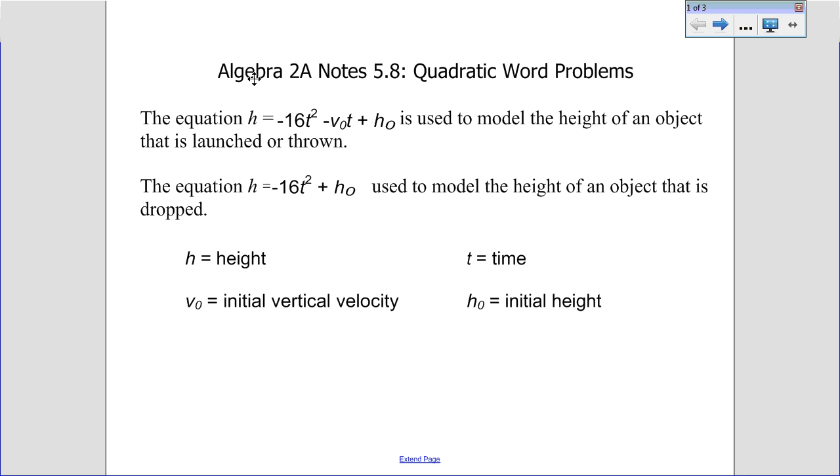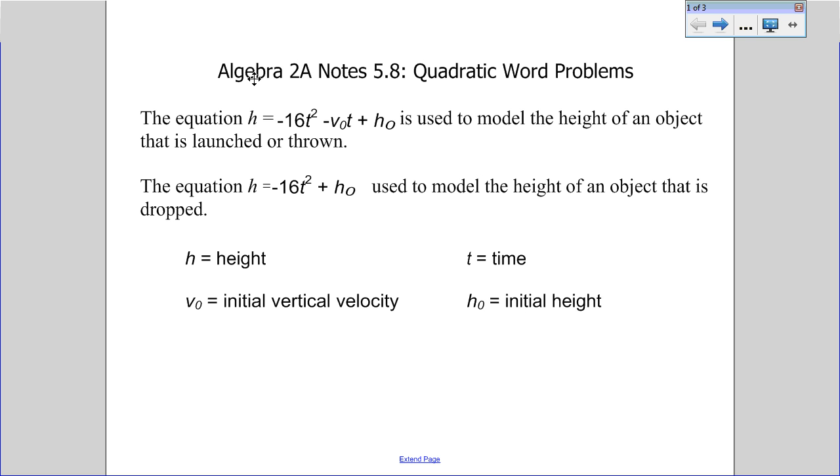Sit down, we want to take a look at a couple of equations. We're going to use these equations that model height after an object is launched or thrown. So I'm assuming possibly in physics you guys have seen some of these already. The equation negative 16t squared minus v sub 0 t plus h sub 0 is used to model an